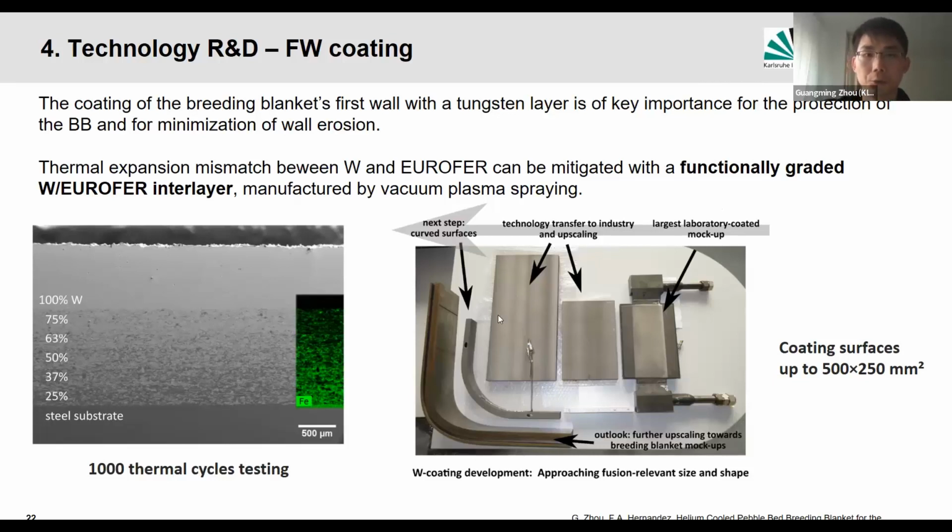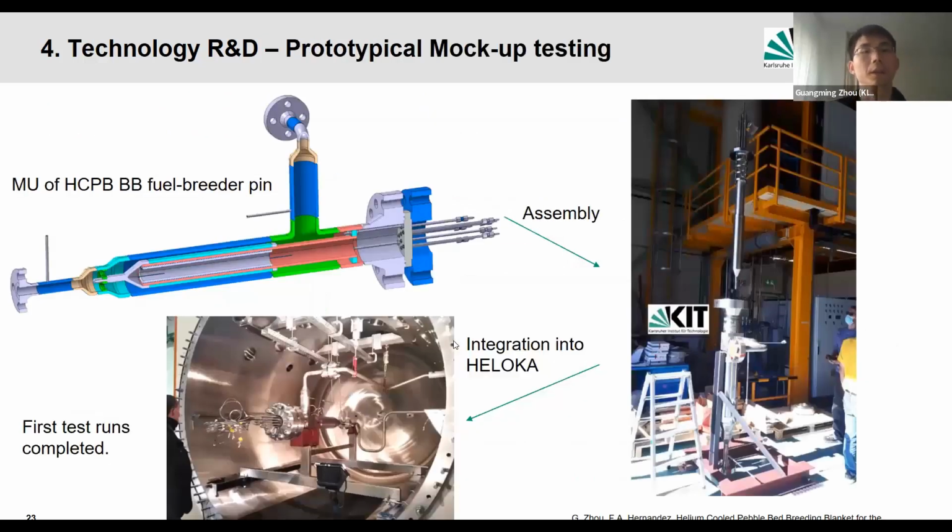Up to now, we are doing the testing on flat tops. We will further continue the activity with curved surfaces, because at the first wall we have a bending, which also needs to be coated. This is further activity. For the prototypical mock-up testing, as of now, we have designed a mock-up of the HCPB breeder blanket,